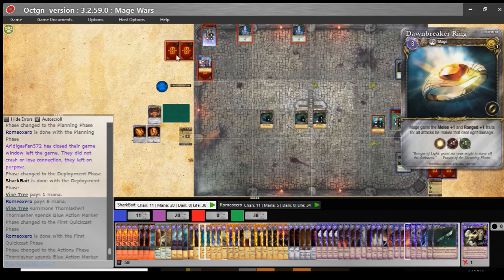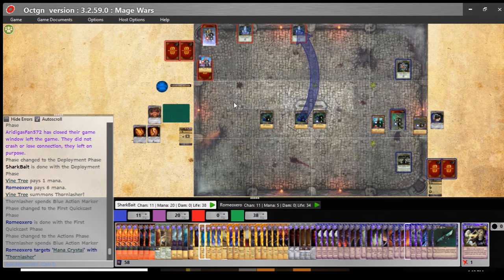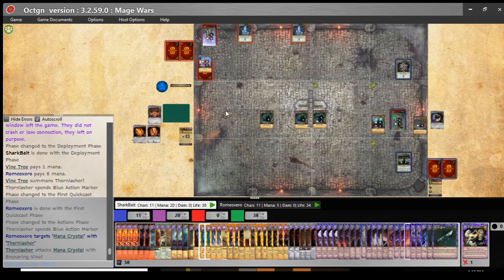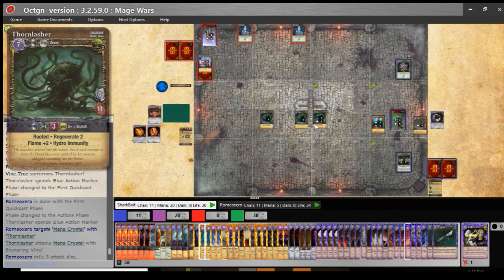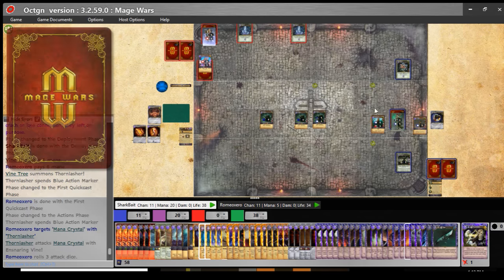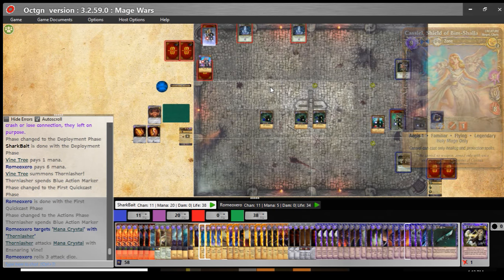But we'll see. So Thorn Lasher is going to spend the action. That means we're safe to move here. He's going to have the crystal. That makes sense. So we're safe to move here. Currently he only has 5 mana, so he can't really teleport me too far. He can move me into here, but I'm not sure it'll do all that much. I say that and something crazy will happen, but